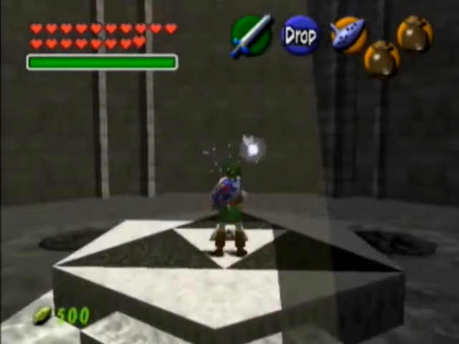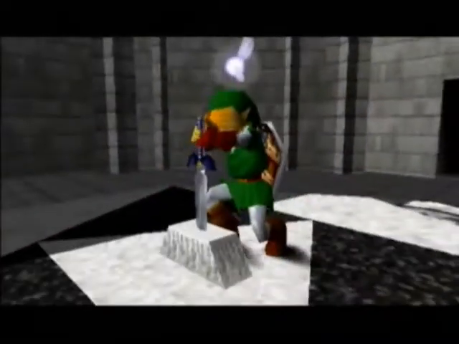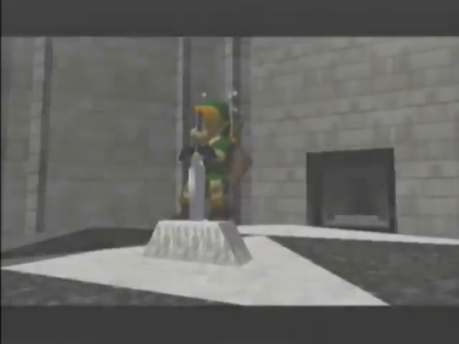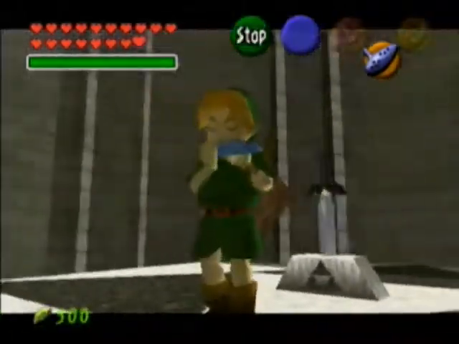Either way, let's switch back into being a kid here, because if you'll recall from the last episode, while we could go into the Spirit Temple as an adult, we would not be able to get very far without the gauntlets made of silver, otherwise known as the Silver Gauntlets. What a surprise. And in order to get those, we'll have to be a kid, so...